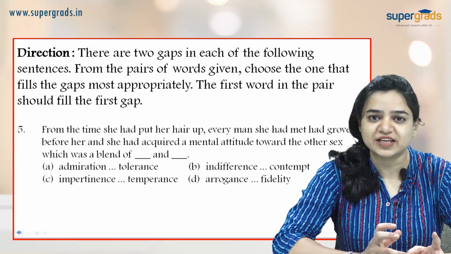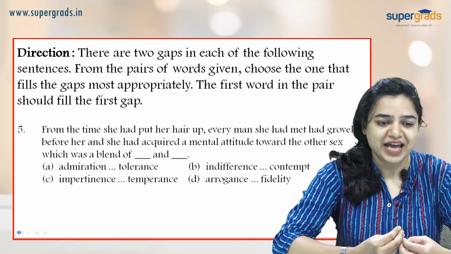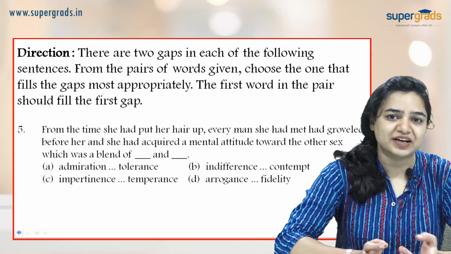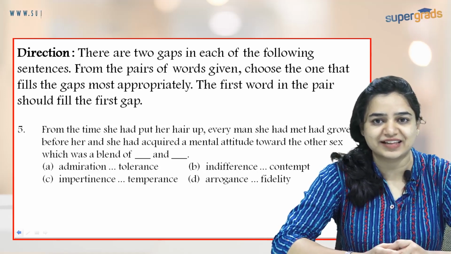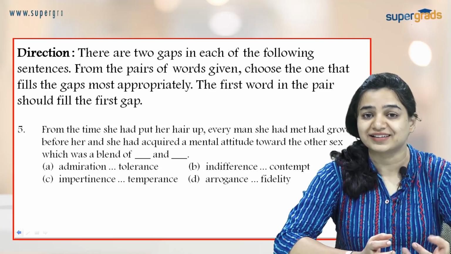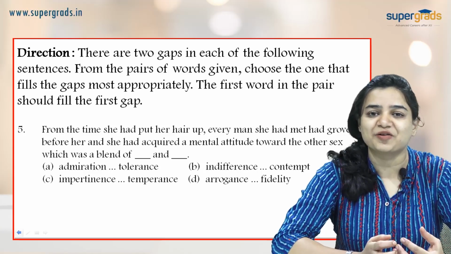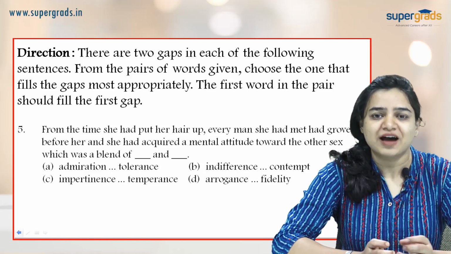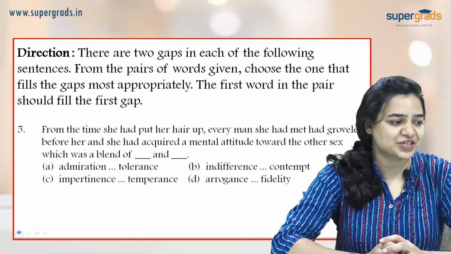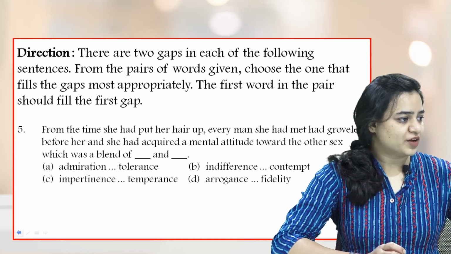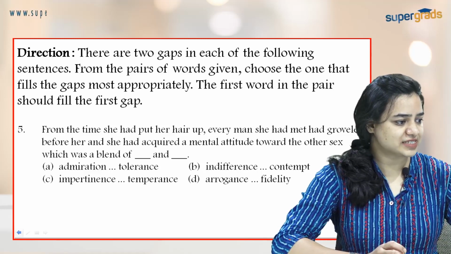because both are sort of negative feelings, both are apathy sort of feelings, because otherwise you would have one good feeling and one negative feeling, and that does not go with and. That could go with but, however, nonetheless, nevertheless, but it cannot go with and. So it's a very simple question if you know how and works. And question number 5, the answer is B. Moving on to question number 6.